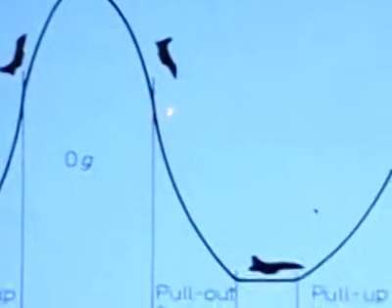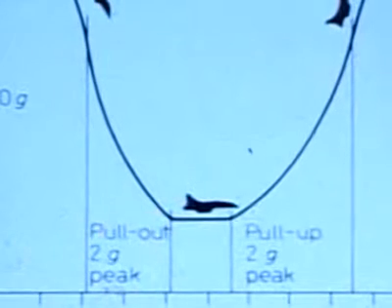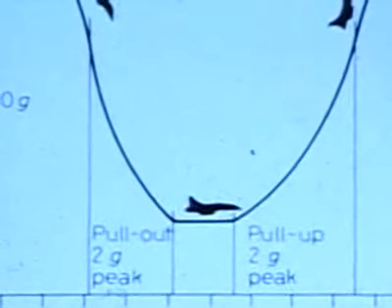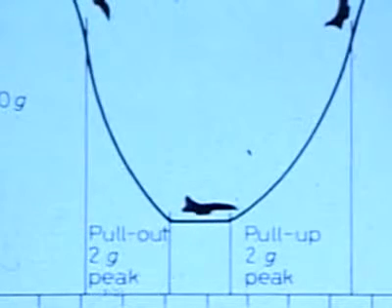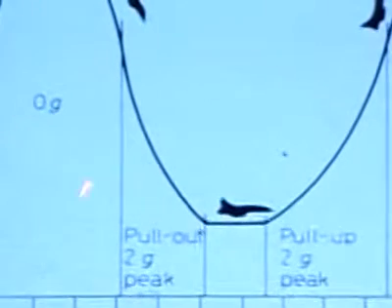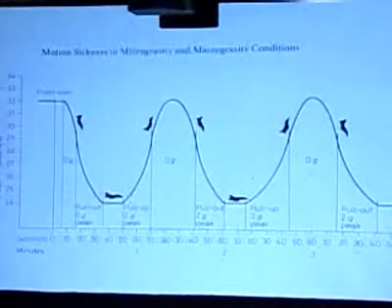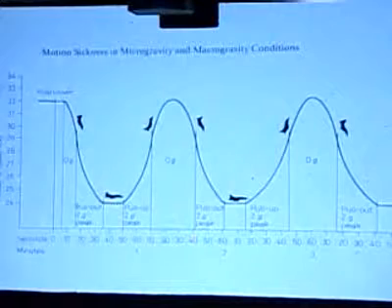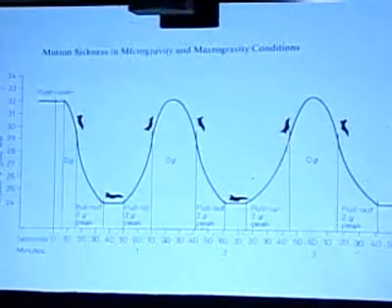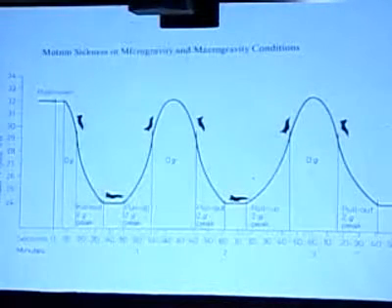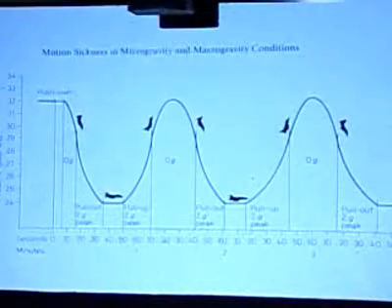The engines are restarted, and during this time, there is an acceleration upwards. And they call it a 2g peak. Well, they really mean 1g. What they really mean is that my weight doubles. They call that 2g. But of course, they call this 0g, which is equally incorrect. It's not 0g. You have no weight. This is weightless. Here your weight is double. Here your weight is normal. Here your weight roughly doubles, and you go into another free fall period. And the cycle from here to here is about 90 seconds.